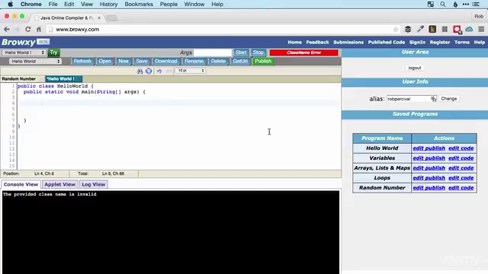To create a random integer, a random whole number, we use the random type or random class, and we're going to call this a random generator. This is not quite the random number itself, it's a random number generator. And this is going to be a new, so that keyword that we saw before,